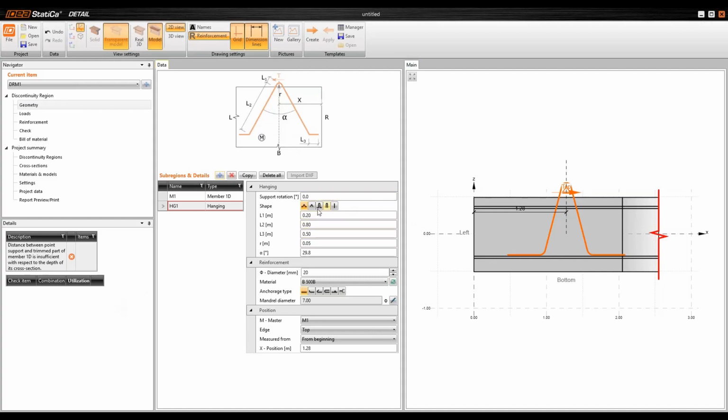So now let me define the size of the hanger. We will make it a little bit smaller. Okay, and the position of the hanger will be 1 meter from the end, and you can see that the warning disappeared because I have to